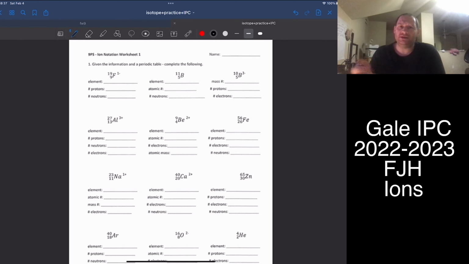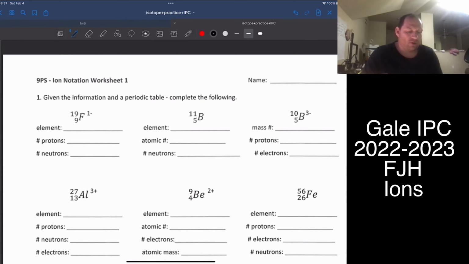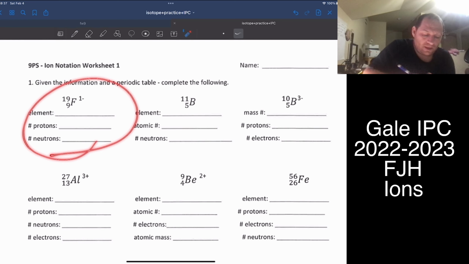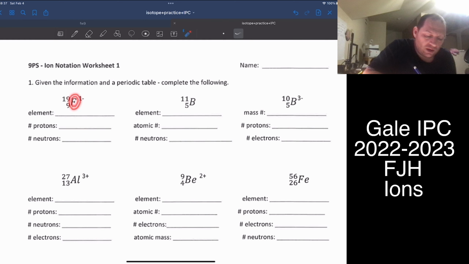I'm going to do 2 of these, and I'll let you do the rest. All right, given the information in the periodic table, complete the following. Well, I have fluorine. I'm doing this one right here. I have fluorine, 9 protons. The mass is 19. The charge is 1 minus. Well, the element